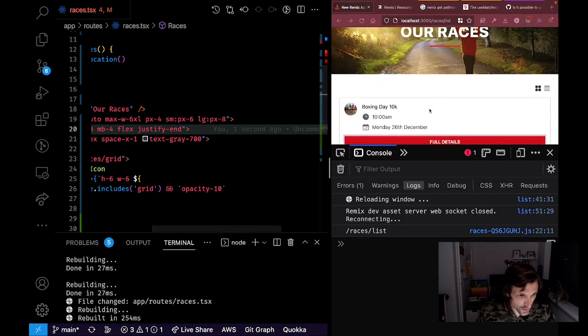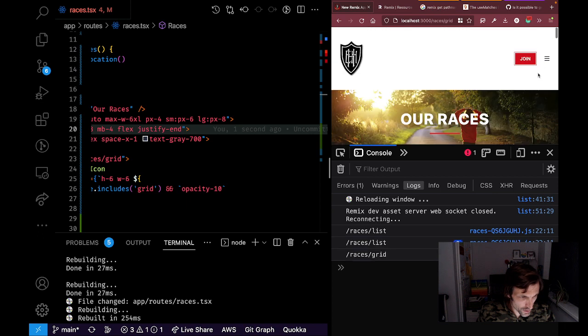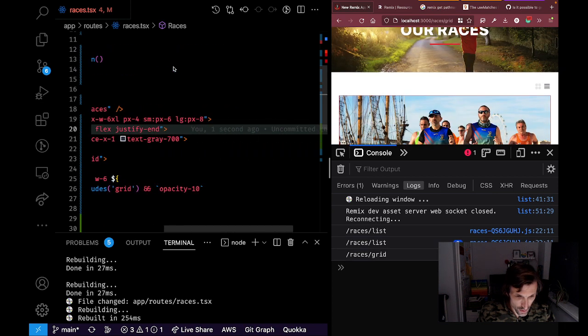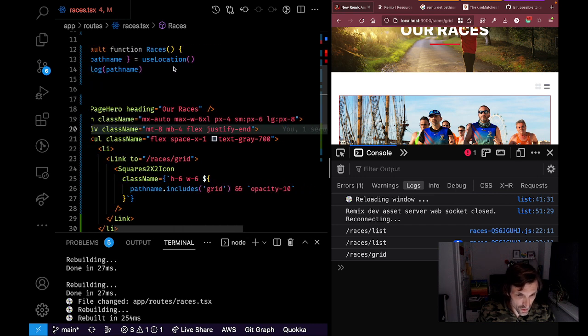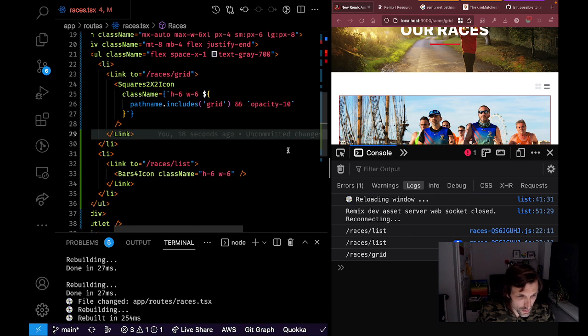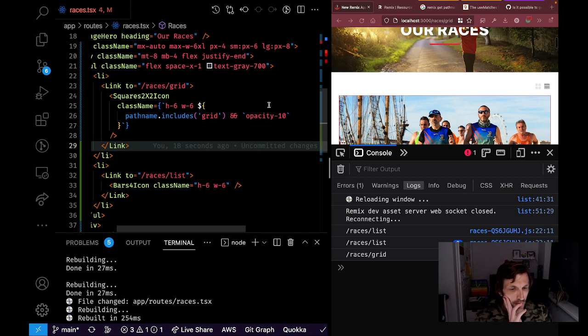Well, it hasn't broken it, so let's go to grid, and grid is certainly less. So which way around should we do this? Because we want the inverse of that. So if pathname includes grid, should we default to